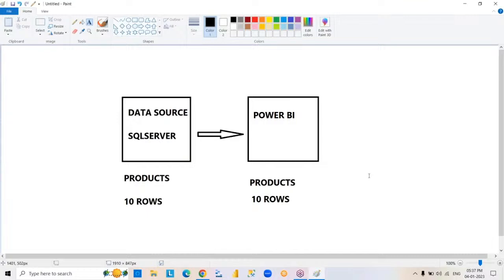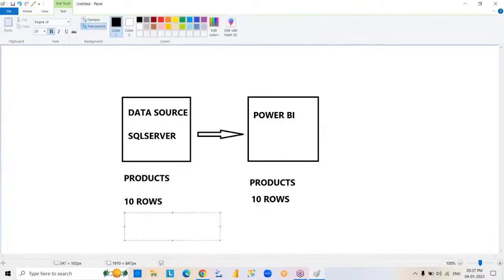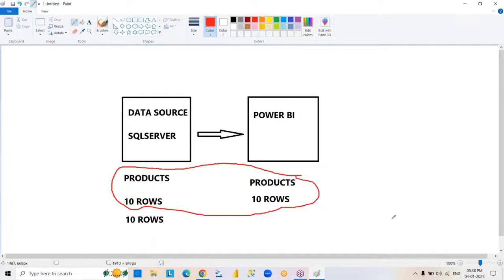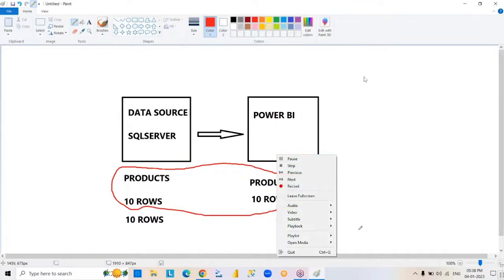Copying data from source to Power BI is done. Now what happened? In the source environment, data is modified. Modified in the sense that suppose somebody inserted 10 rows. Initially, you copied table structure and data from source to Power BI by using import. That is done. Now somebody